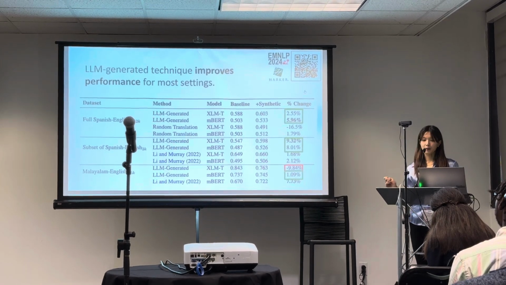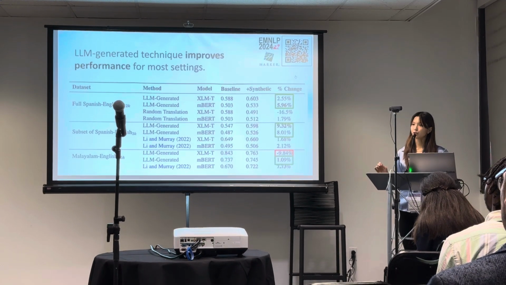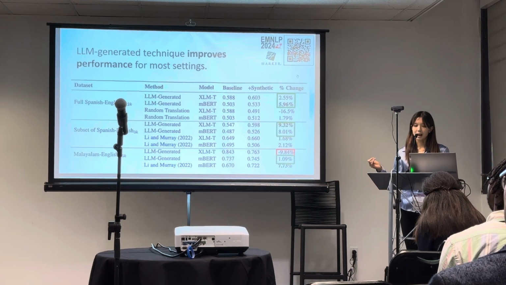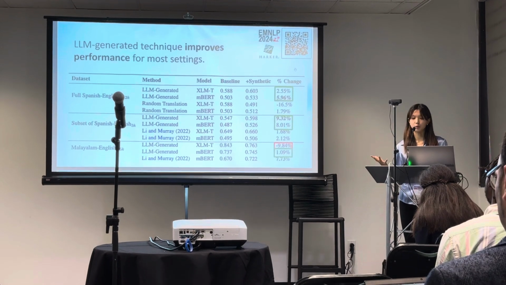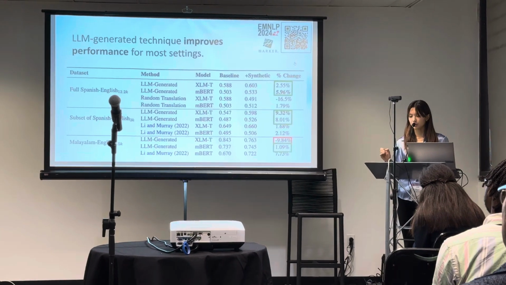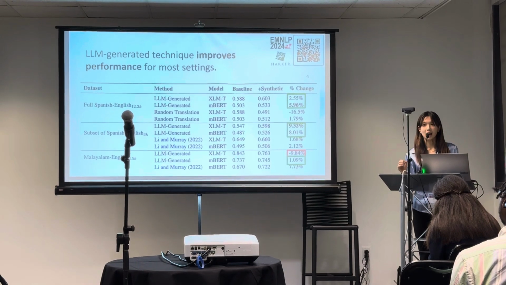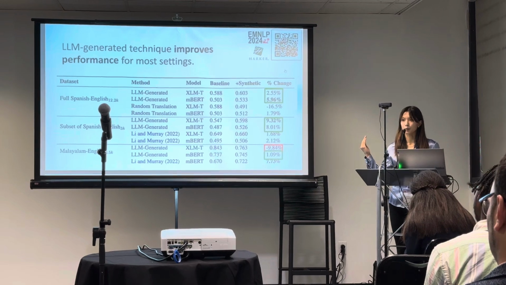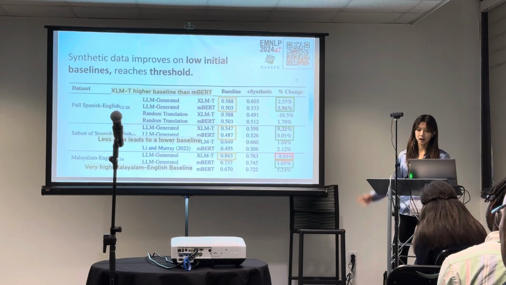So we do a few more experiments on different models, different data settings, and we find the general trend is when you have low baselines, they lead to higher percent improvements. And this makes sense intuitively because there's more room for synthetic data to improve on performance. And so this also means that when you have a situation that's very resource constrained, you have very little natural data, synthetic data will help a lot because it'll help increase the amount of performance despite a low baseline. Yeah, we can see this here.